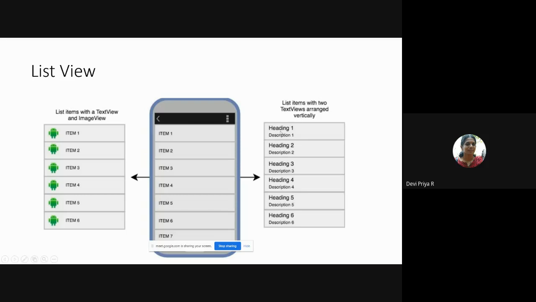And if you have a nested list, that can also be given with the font size decreased. And it can all be arranged horizontally or vertically. Normally, it will be arranged vertically like this. And your screen looks like this, item 1, item 2, item 3 like this.